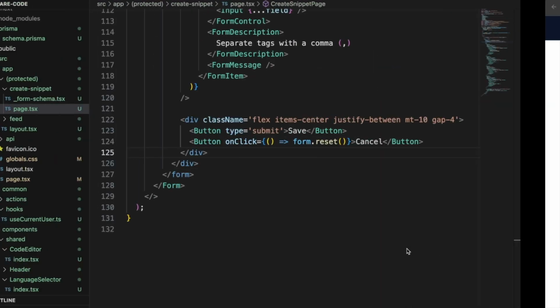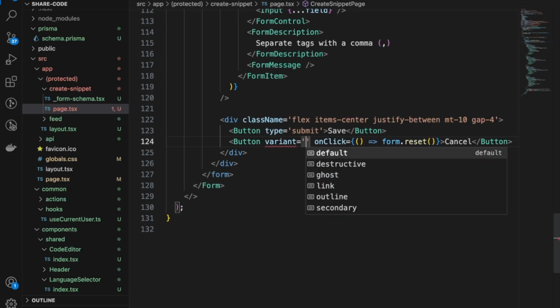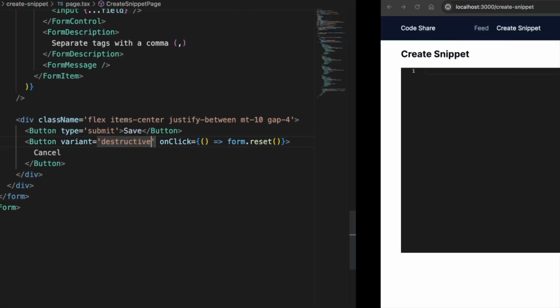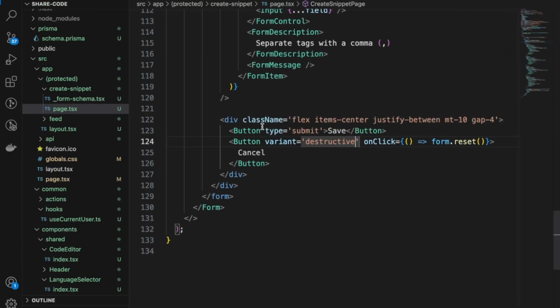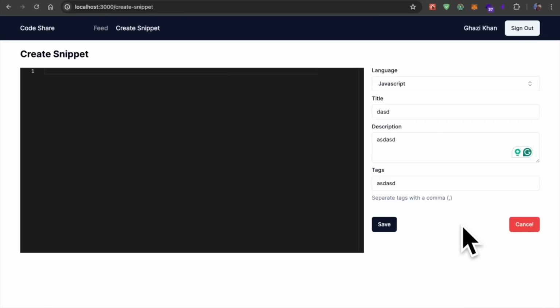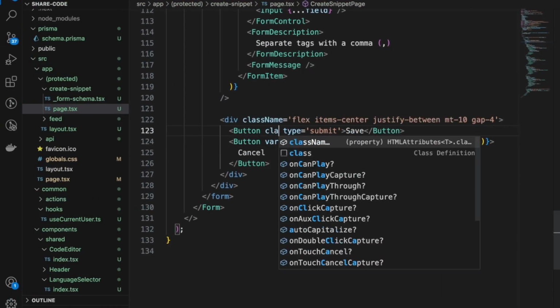So let's make cancel button a bit different, and we'll just use destructive. Okay, this is cool. Also, this space we don't want. What I'll do is I'll add a class, and I'll give width 2 of 3, and height